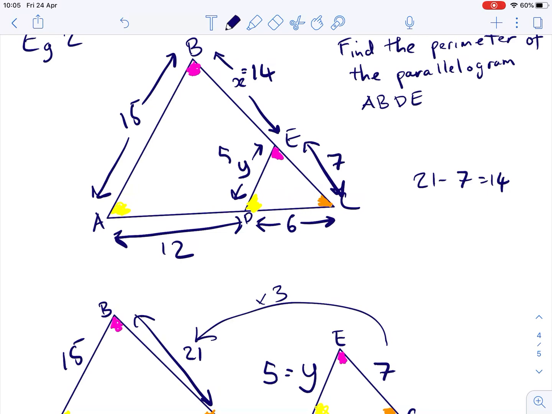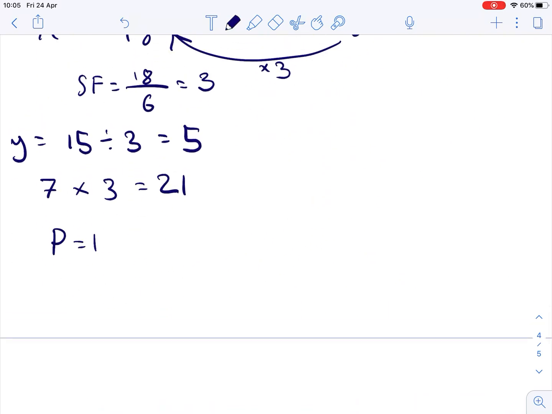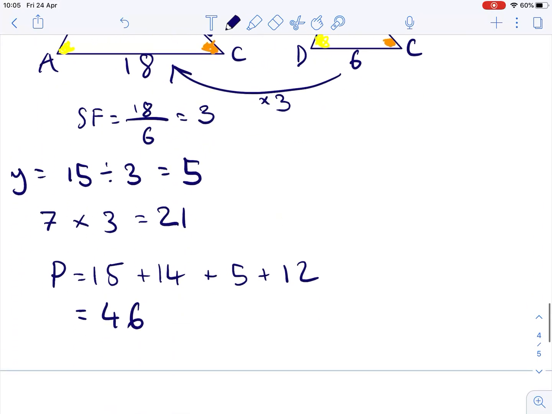I previously worked out that y was 5, so the total perimeter, which was my question if you remember, is going to be 15, add 14, add 5, add 12, which is going to be, I think, 46. Let's just check that on the calculator. 15, add 14, add 5, add 12, which is 46. I'm going to lock that in as my answer. Now, I haven't used units in these questions,